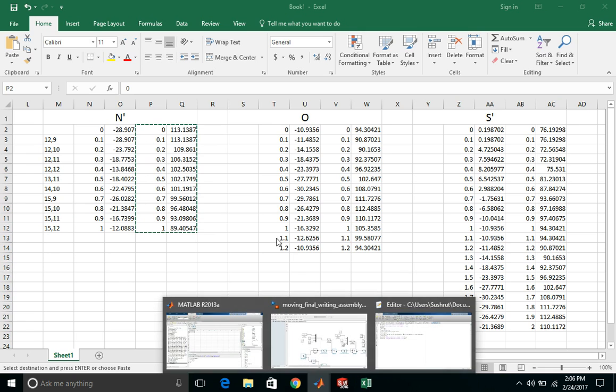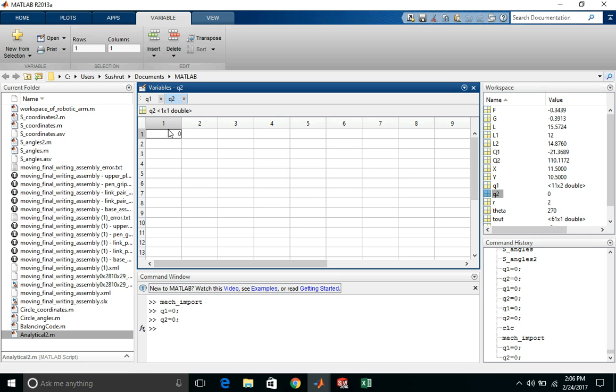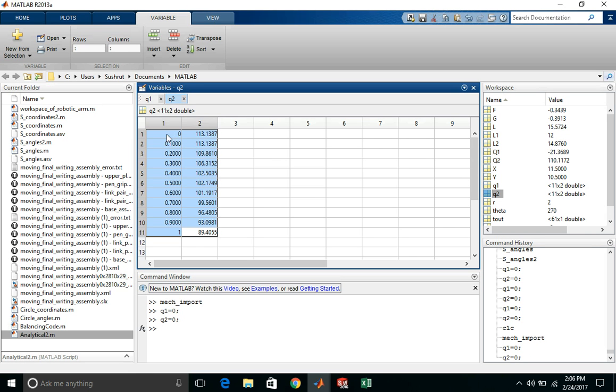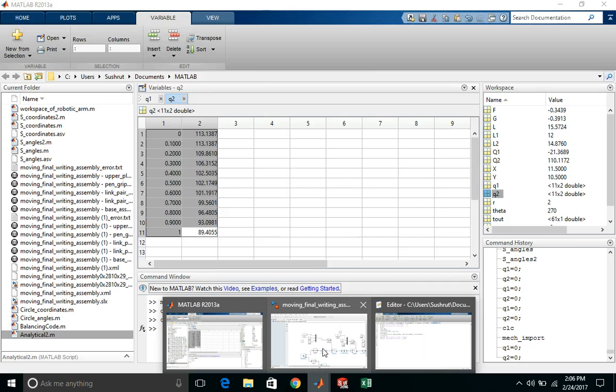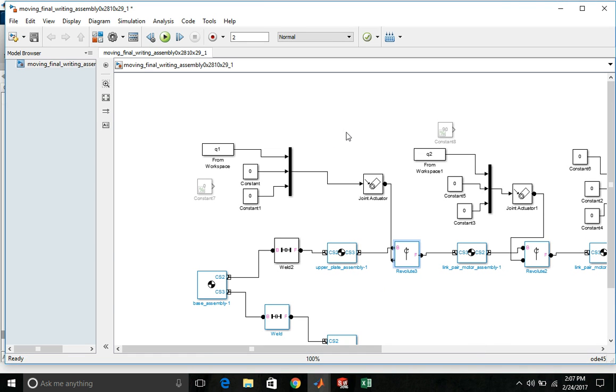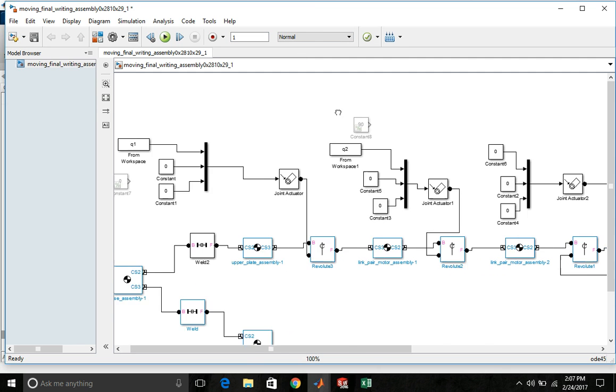Copy, then I'll paste it here. So we are ready with the letter N. I've already generated the angles, and now see how this will work. The simulation time I've given here is 2, but the total simulation time is 1 as per our angles. So I'll change it to 1, and then